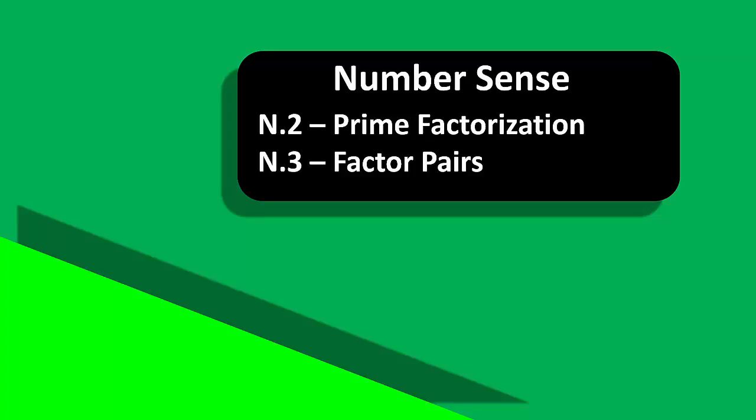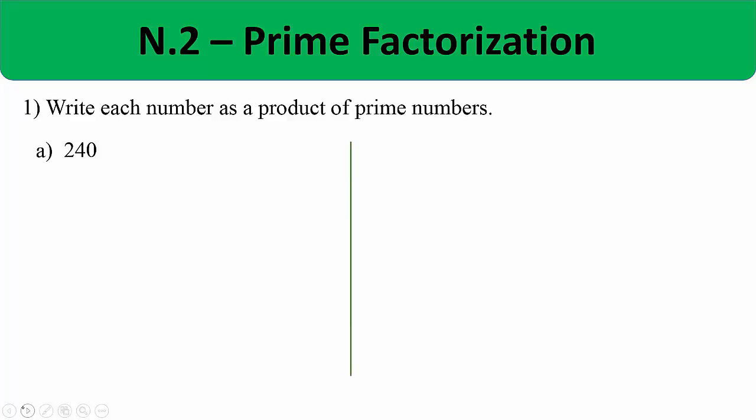Welcome to an explanation of prime factorization and factor pairs. The directions here ask us to write each number as a product of prime numbers. Another word for that is to find the prime factorization of a number, and we often use factor trees in order to do that. So what we want to do is find two numbers that multiply to